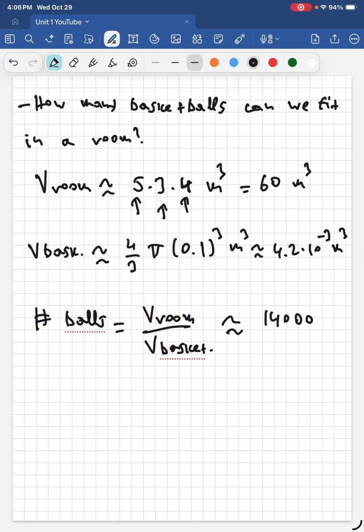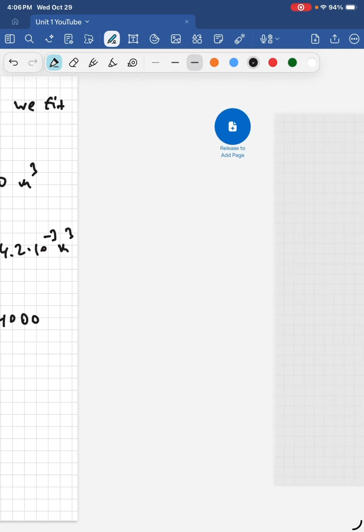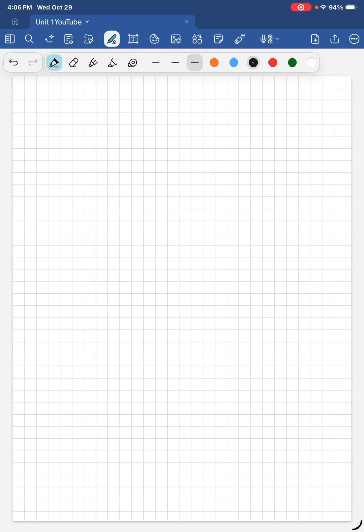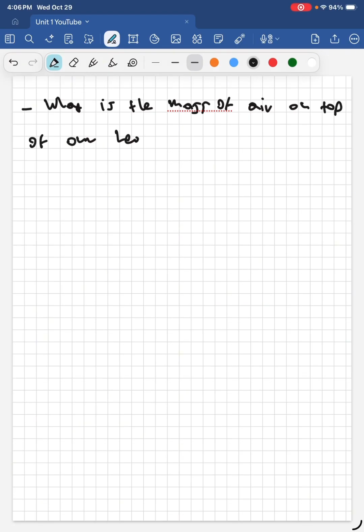And let me show you another popular estimation problem. So what is the mass of air on top of our heads, if the atmospheric pressure is 101.3 kilopascals? Okay, so how are we gonna do that? So the answer